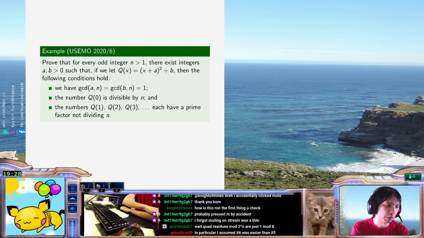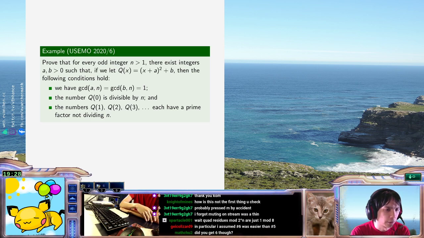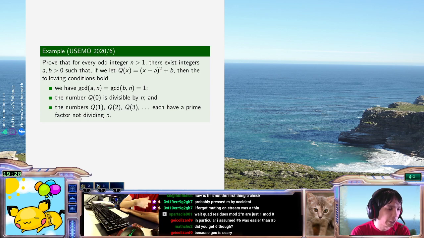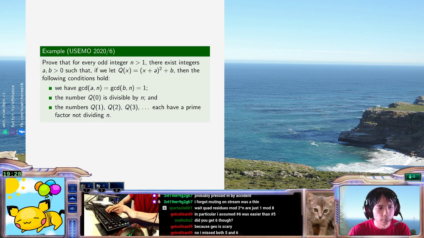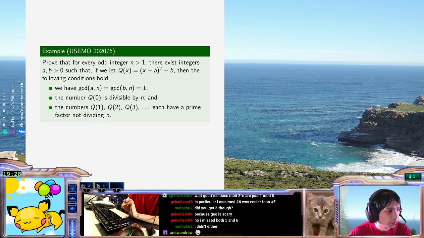The claim you're probably thinking of is that it's true if you replace power of 2 with prime. If you take any non-square integer, there is some prime for which it's not a quadratic residue mod that prime. In fact, there are infinitely many primes. Anyways, as people are figuring out, this is a quadratic residue problem.